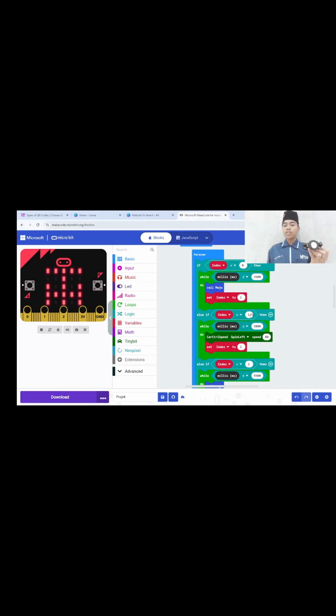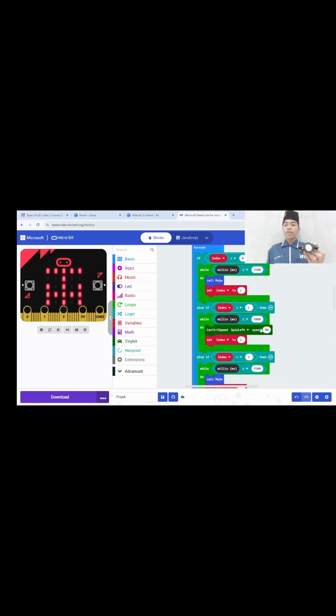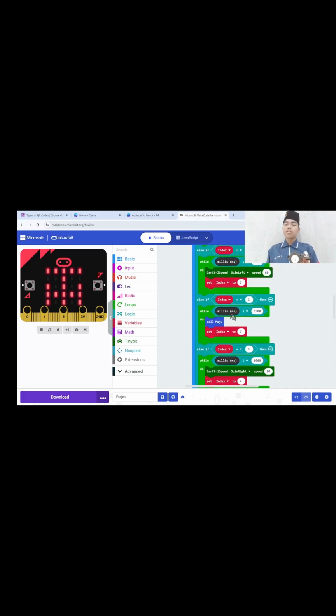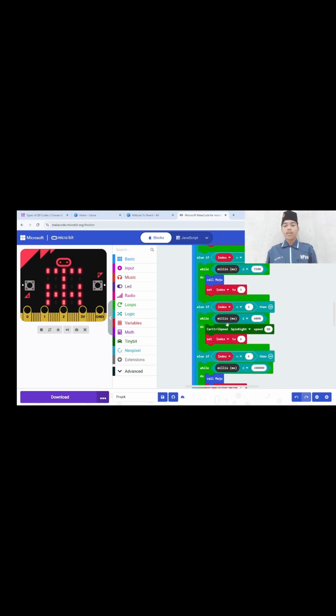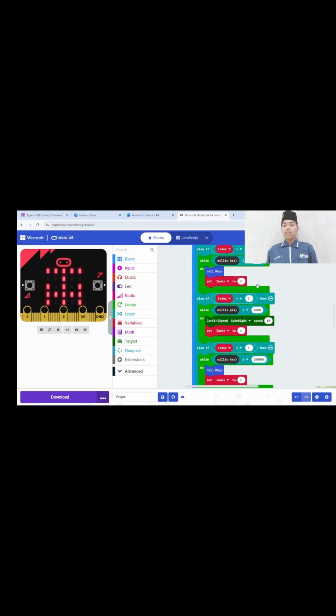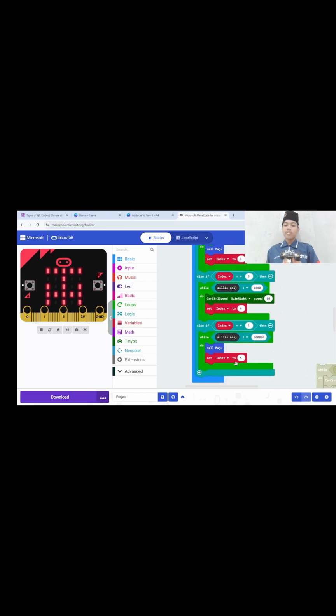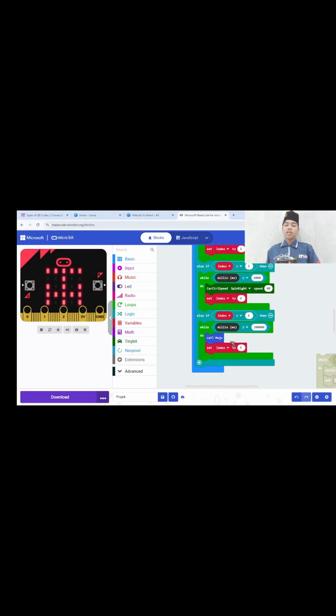Else if index is 1, then the next code, while millis in here, it will spin left. So it will spin left, and then the next code is called maju, so it will move forward again. Next in here, set index to 3. In this index it will spin right, so it will spin to the right, then set index, and the last code is call maju, so it will move forward again.